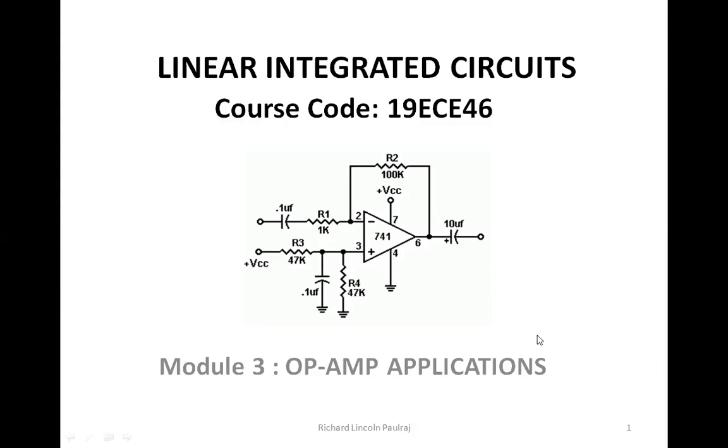Okay. So in sample and hold, you will be holding on to a value for a particular time. You'll be sampling, picking up some values, and holding those values for a particular time. So it's called a sample and hold circuit. Then the zero crossing detector, which detects as soon as the levels cross zero. Then Schmitt triggers, and so on. So the applications are very interesting. Today we will see how the op-amp is configured as voltage sources.